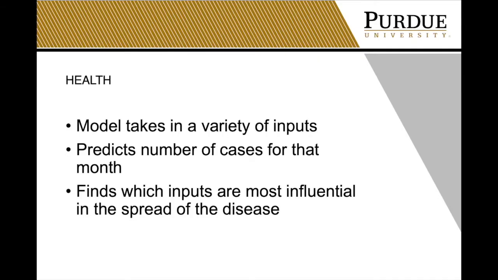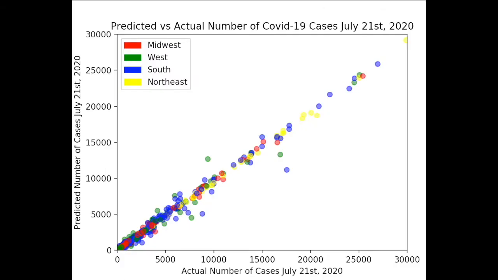For the health lens of COVID-19, a neural network was created to analyze which factors have the biggest impact on its spread and the health of those that it affects. The model takes in a variety of inputs such as U.S. Census statistics and statewide policy data for COVID-19. The model then predicts the number of cases for a given month in every United States county and finds which inputs to the model are most influential in the model's predictions. The graph displayed on screen shows the predicted number of cases versus the actual number of cases for COVID-19 on